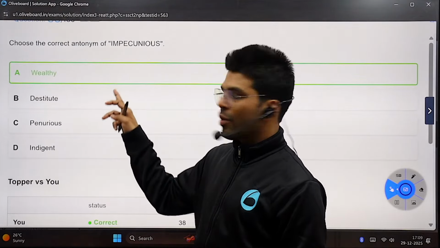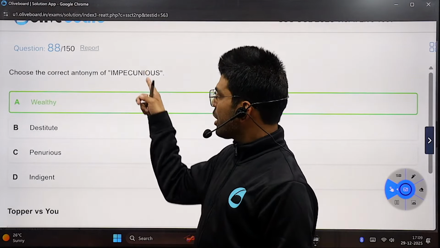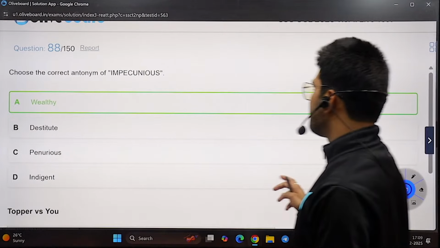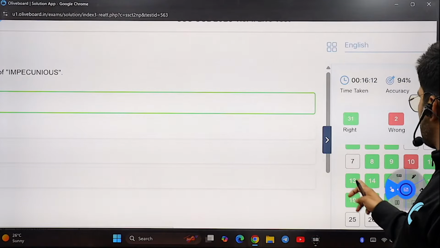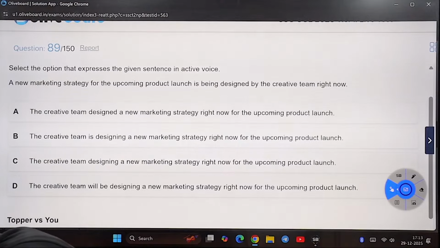Wealthy. Answer, and of course, because pecuni means money, impecunious, not having money. Synonyms, antonym, wealthy. Don't get confused between penurious, that